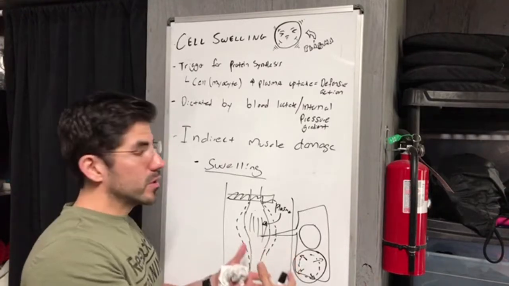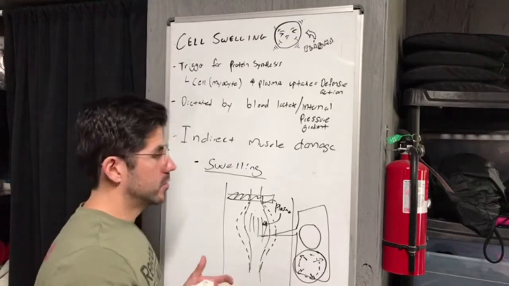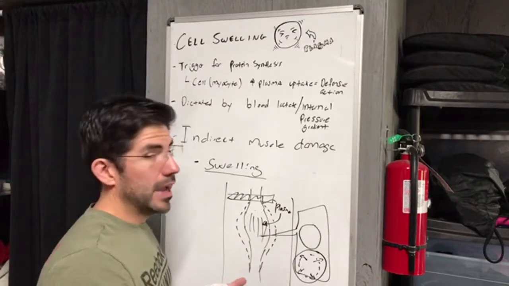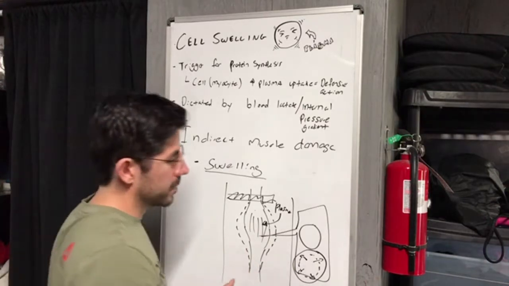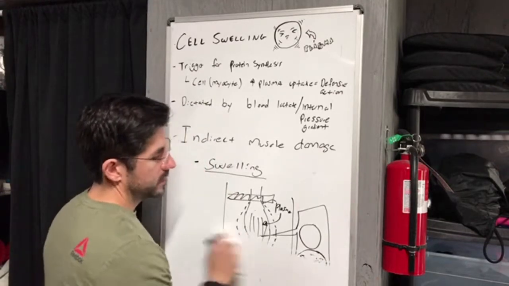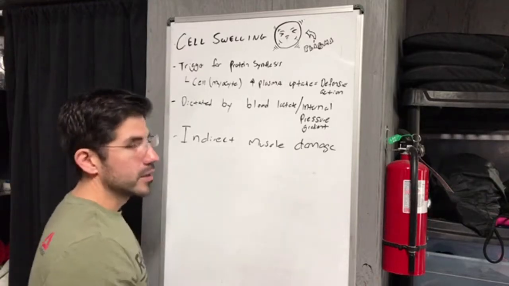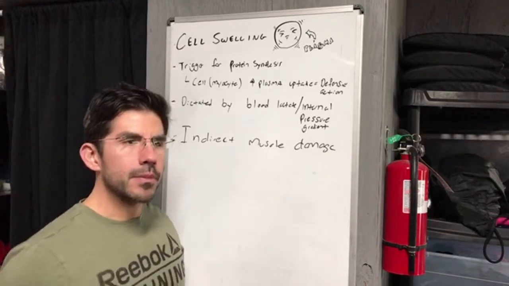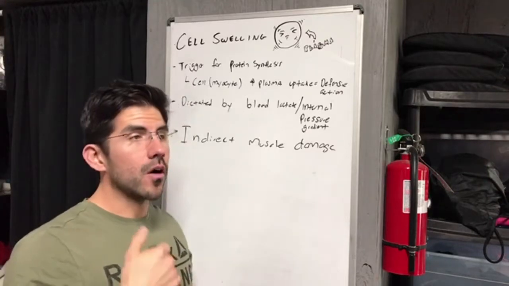It attempted to adapt to that by making more protein structure to be able to manage the demand. At least that's the theoretical model of why cell swelling happens. So we saw that on the indirect measure of damage, BFR wasn't creating damage. On the swelling side of things, it was inducing a type of swelling that was positively influencing protein synthesis, as far as we can